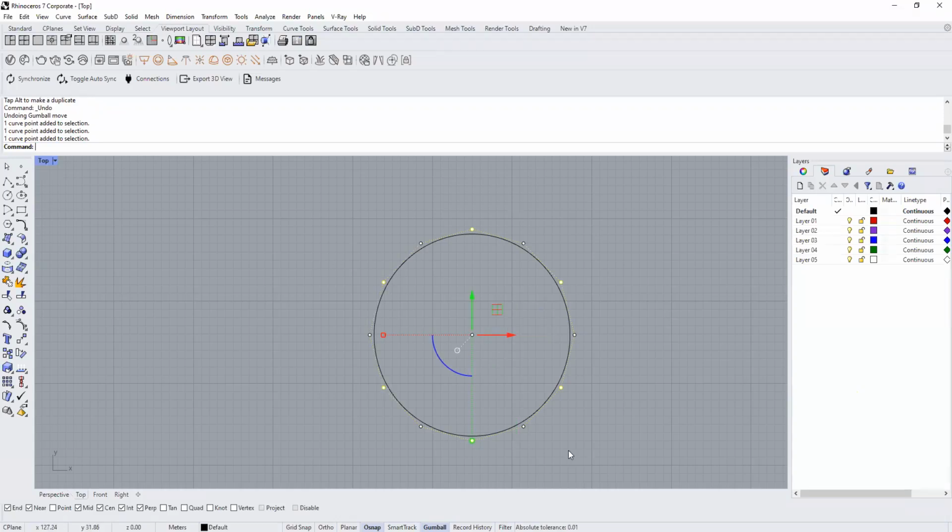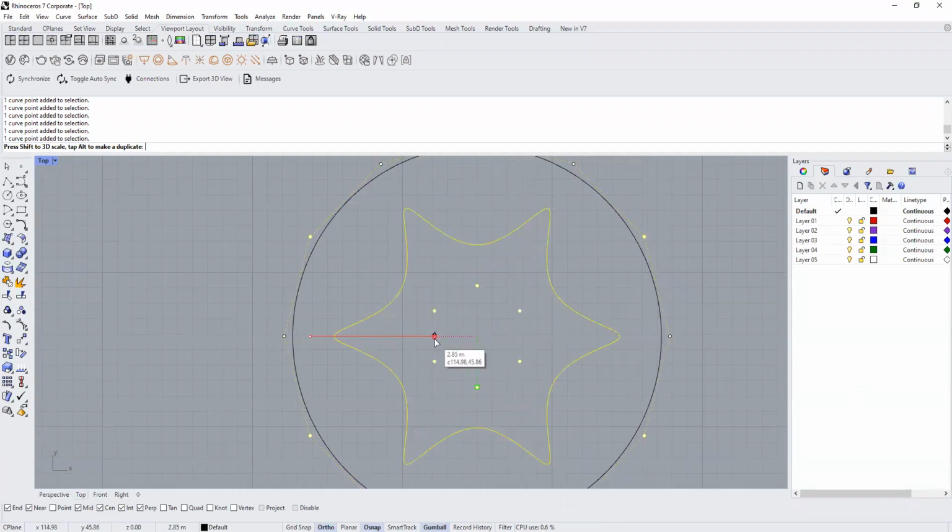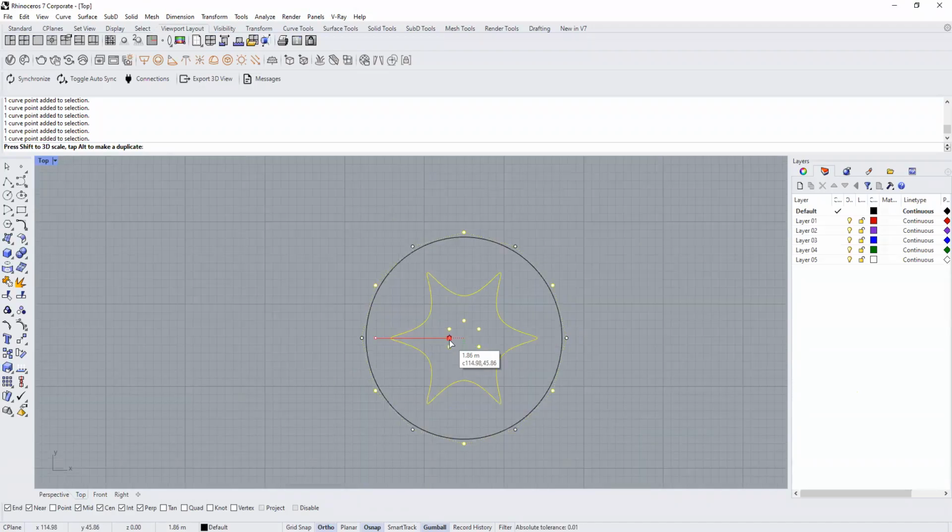And once I have selected all the alternate control points, again, to have multiple selections, hold down the Shift key on your keyboard while you're making that selection. And once I have selected all the alternate control points, I'm just going to scale it inwards. And when you scale it, again, make sure you're holding down Shift, because if you don't hold down